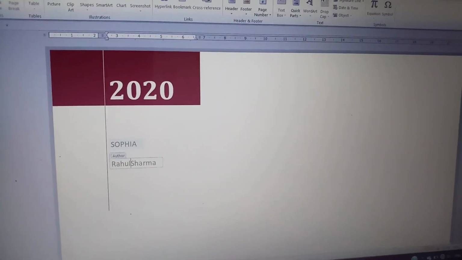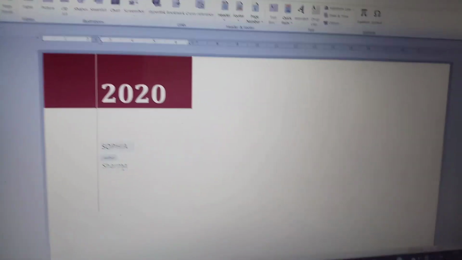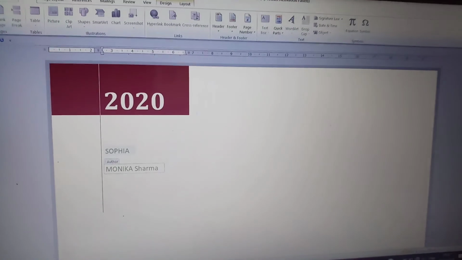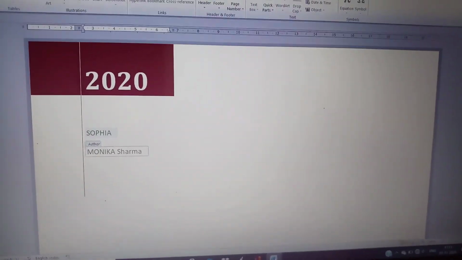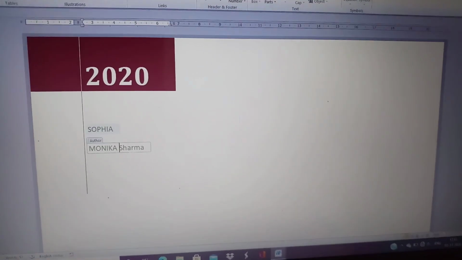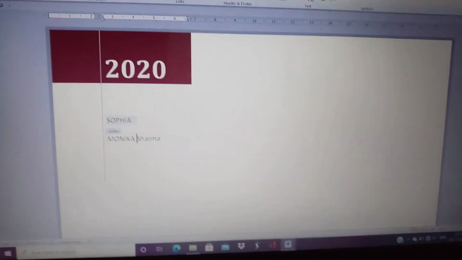You can write your name here. And you will see that automatically the cover page is ready and you can take a printout of it.